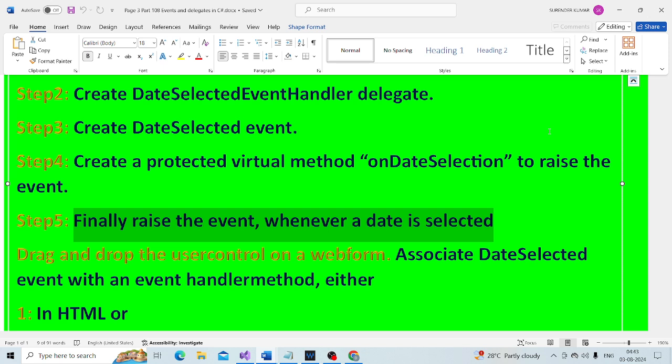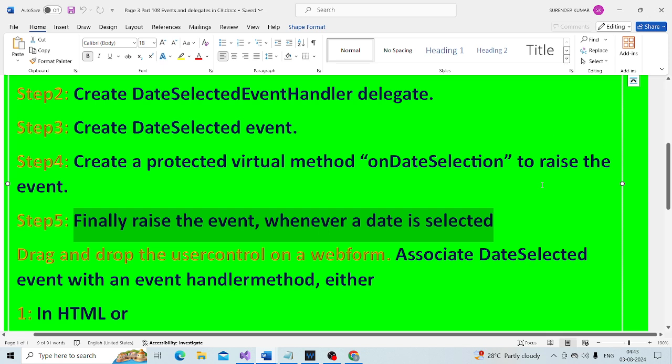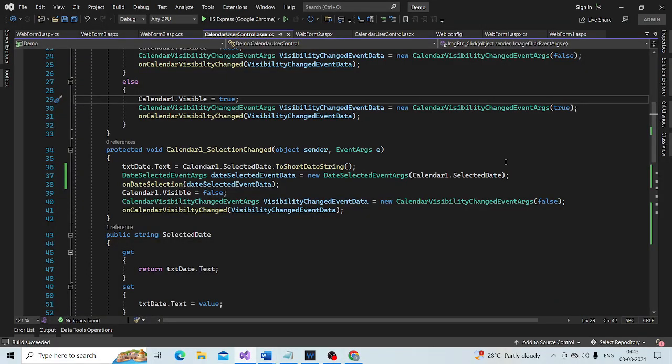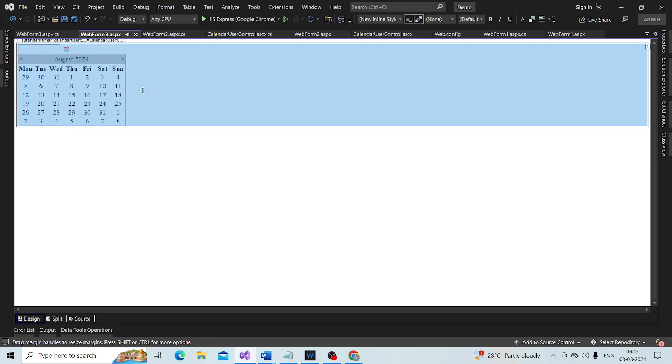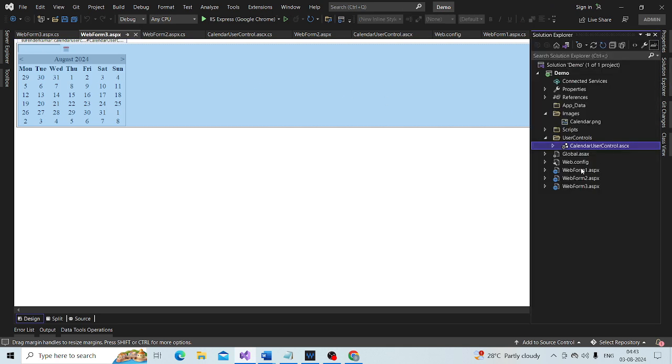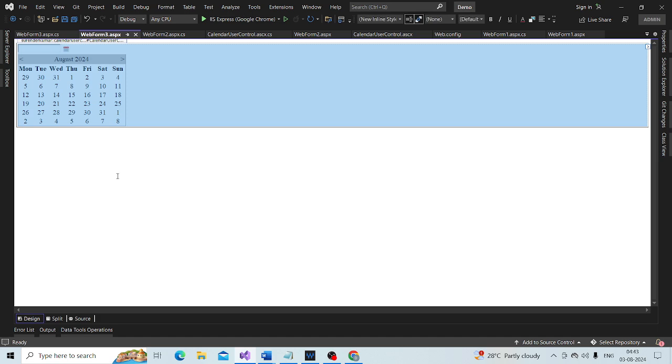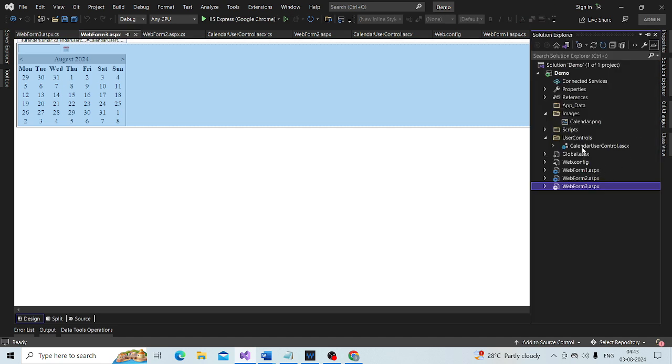I have this webform3.aspx. I have already dragged and dropped this calendar user control on this webform3.